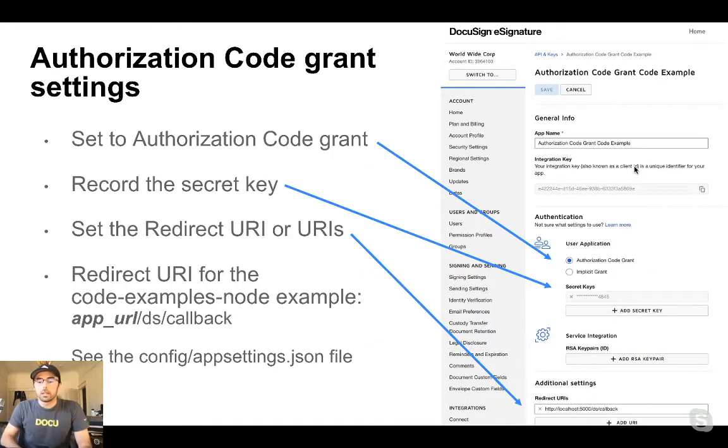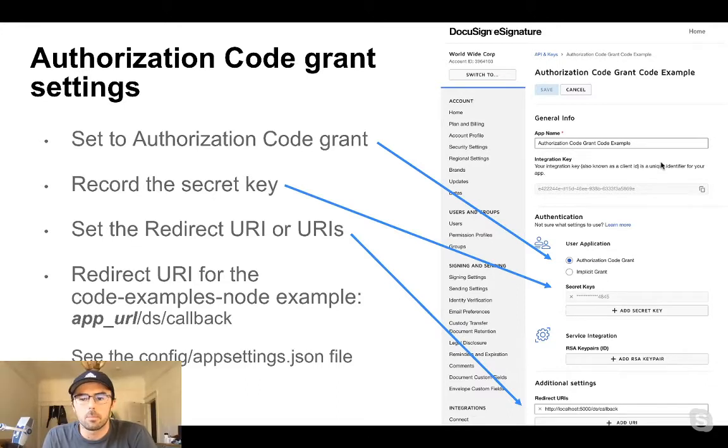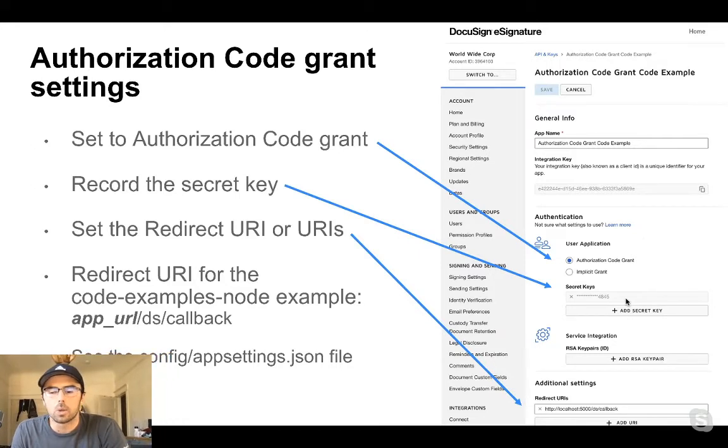When you're actually building, if you follow along this video, one thing that I'll skip over quickly is some of the configurations that are required for the code example repo. It's super quick. You just navigate to this particular view, and I'll show you where this is in a moment, and specify the authentication type that you'll be using, namely authorization code grant. You'll add your secret keys and then add a redirect URI, which will allow the code example repo to work properly.